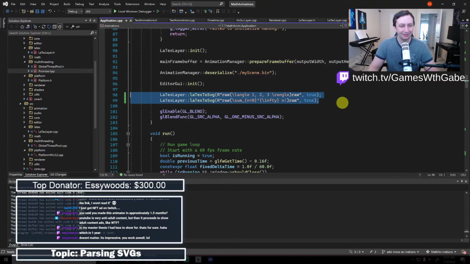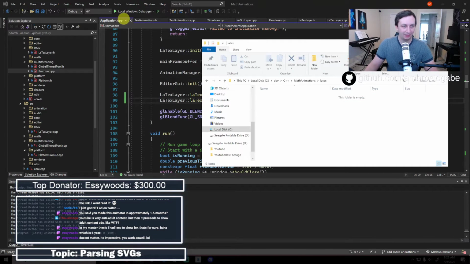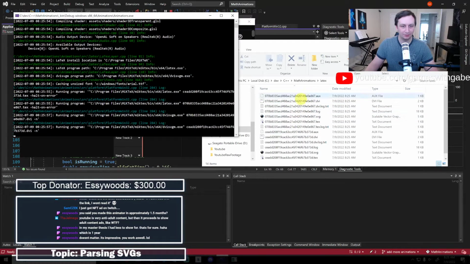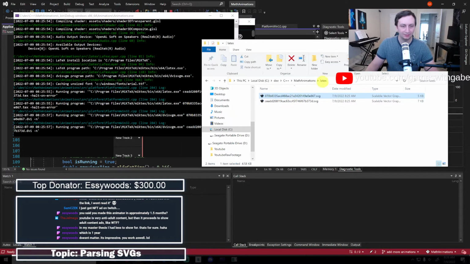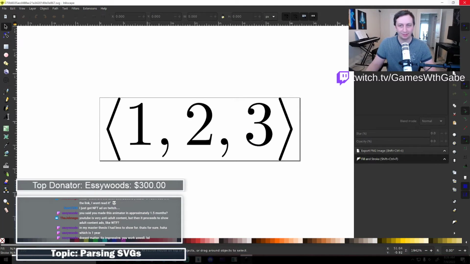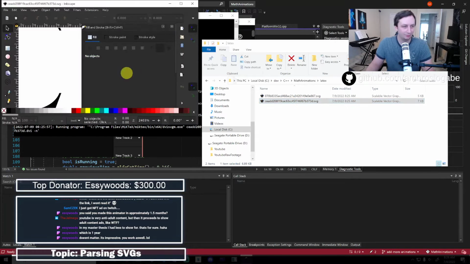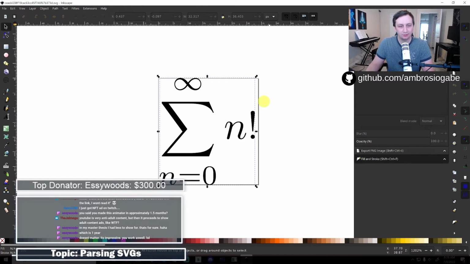Thanks. So now I've got this thing, which if we go ahead and delete these, what happens is if I run my program, you'll notice it launches immediately, and then all this stuff starts happening in the background. You can see it's running a bunch of programs with some command line arguments, and then we get these, which are SVGs containing the processed LaTeX that we had there. So you get this one, and then we get this one, which I think is a summation symbol and stuff. Yeah. Whoops, and I opened 2 of those. And you'll notice too, it's tightly packed, which is really nice. That's what you want. You don't want it to go beyond the bounds of where it should be.